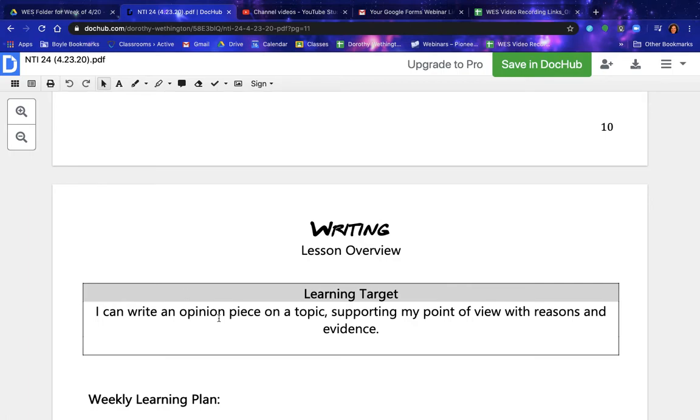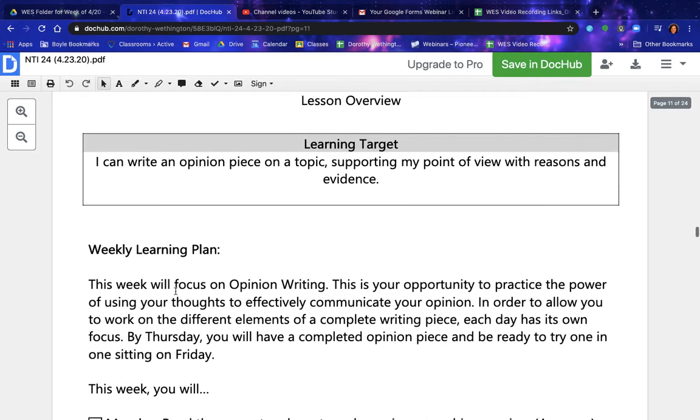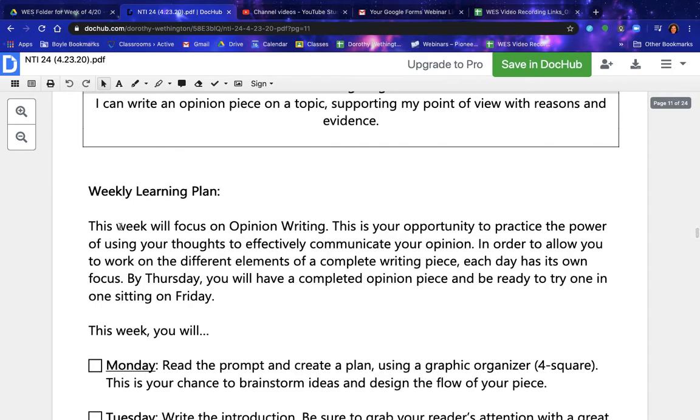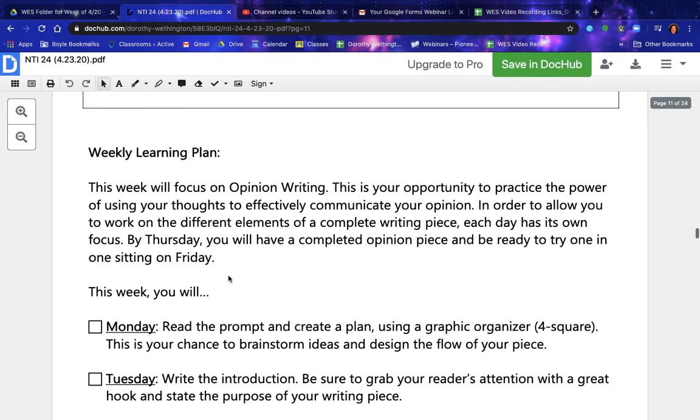Writing, lesson overview, learning target. I can write an opinion piece on a topic, supporting my point of view with reasons and evidence. Weekly learning plan. This week we'll focus on opinion writing. This is your opportunity to practice the power of using your thoughts to effectively communicate your opinion. In order to allow you to work on the different elements of a complete writing piece, each day has its own focus. By Thursday, you will have a completed opinion piece and be ready to try one in one sitting